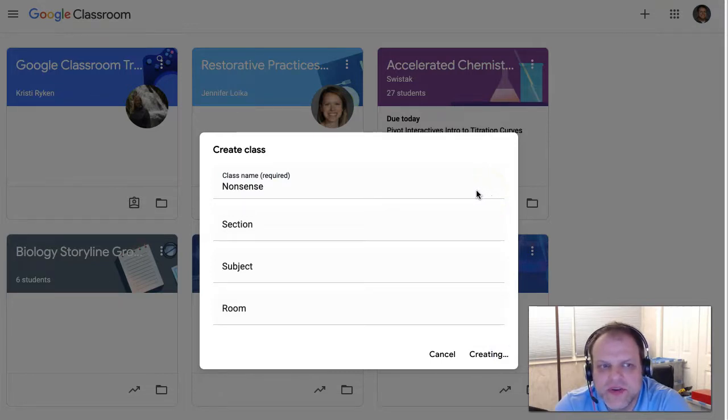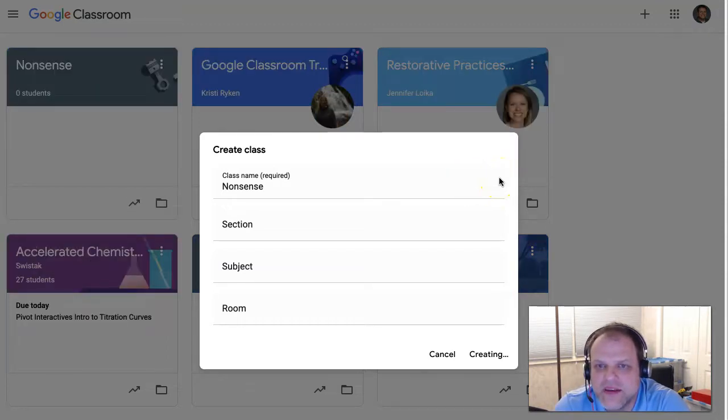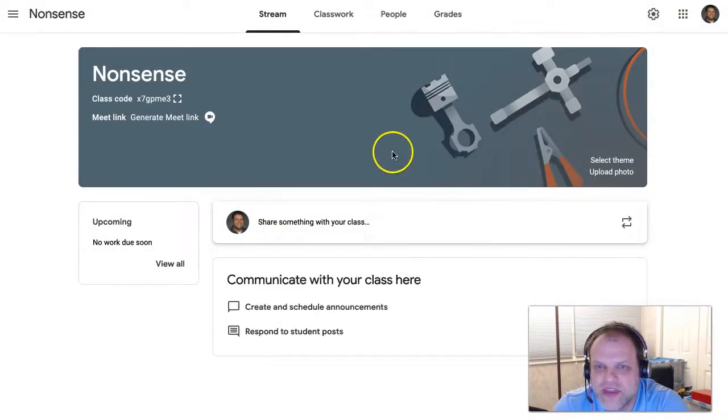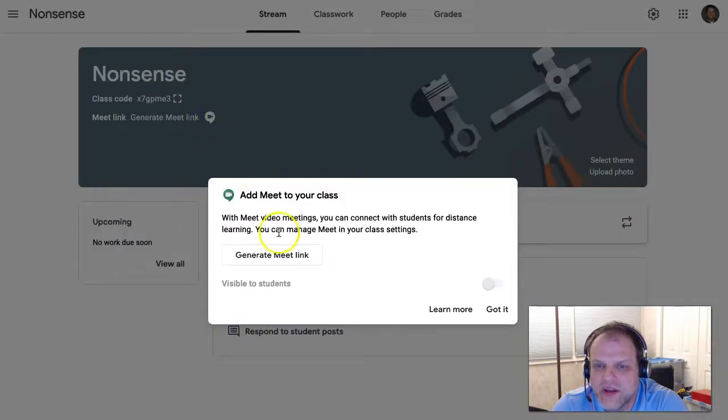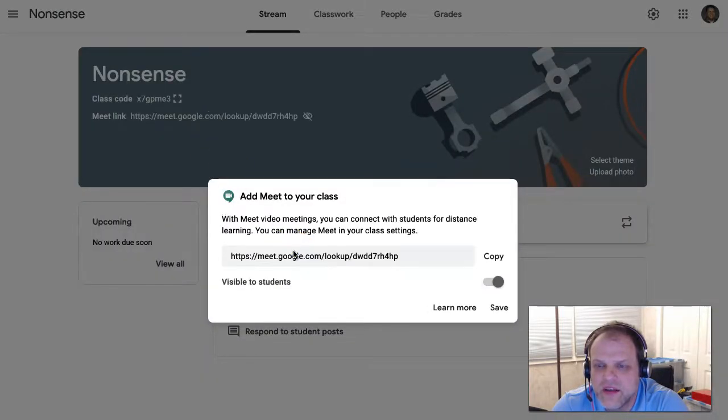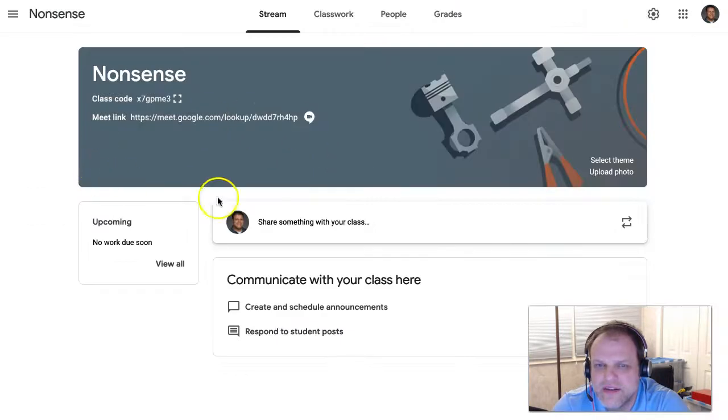And so what I'm going to show you is a few of the notifications and a few of the settings that we think might need to be changed and some of the justification for that. So one of the things that we'd like you to do is go ahead and turn on that Generate Meet link. That way, if you do need to have some synchronous learning, you've got that ready to go. So you click here, and if you click Visible to Students, which is the default, then kids can always see it here,